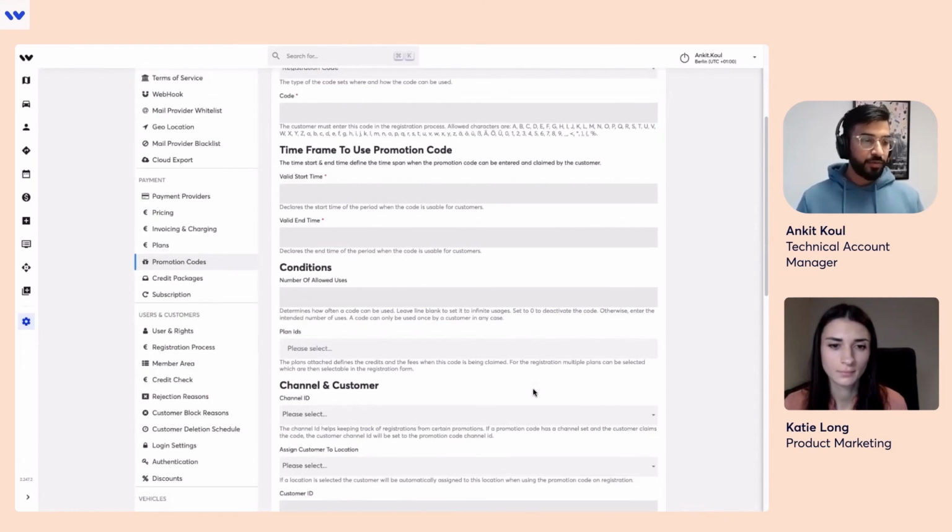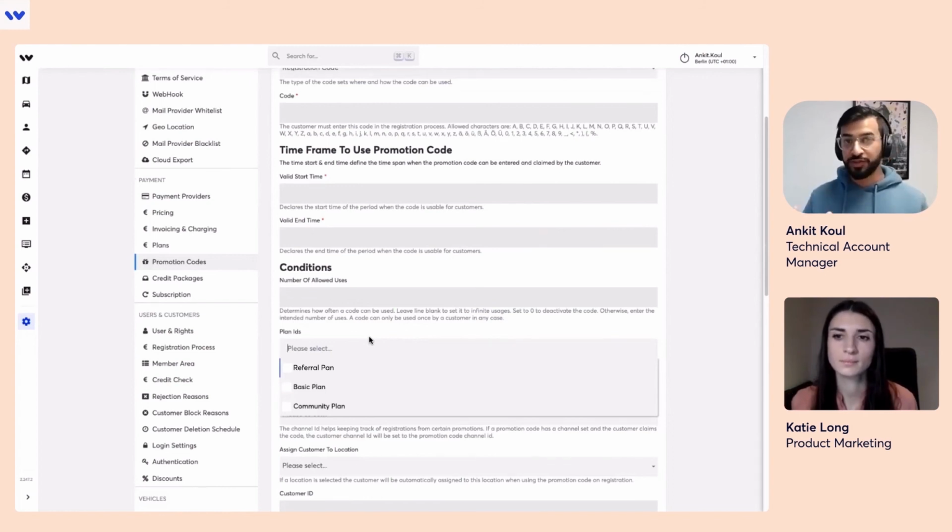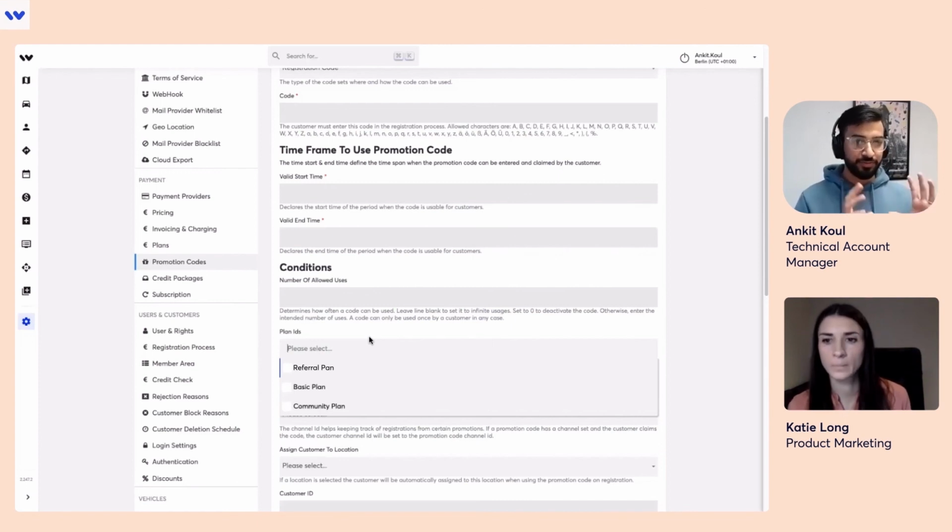And what is even cooler, I think, is that you have the option to assign a customer to a plan. Of course, if it's a registration code, you can assign a customer to a particular plan. So like I mentioned, if it's a promotion code plan running in the month of Christmas, you can create a Christmas code and assign the customers so that you as an operator know, okay, this is a customer who has been joining our services during the December month or Christmas month, for example.